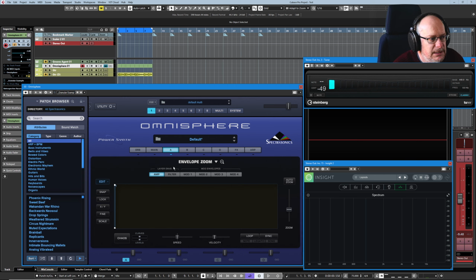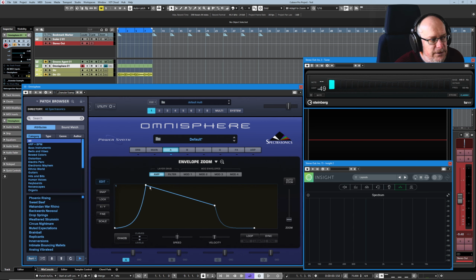And where is it? I would expect to see something here that looks like an amplifier envelope, but we don't have one. We just have this line. But if I pick this little white circle up and start dragging it, you start to get some kind of idea that there is an envelope here. It's just that because we had no attack or decay phase set, we weren't seeing it. And so now we've got something that more closely resembles an attack, decay, sustain, and release envelope that we might